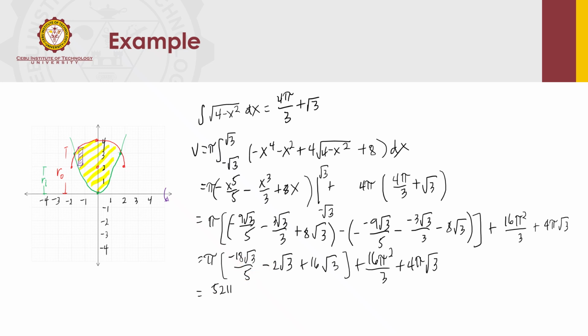Pi square root of 3 all over 5 plus 16 pi squared over 3 plus 4 pi square root of 3. Or approximately